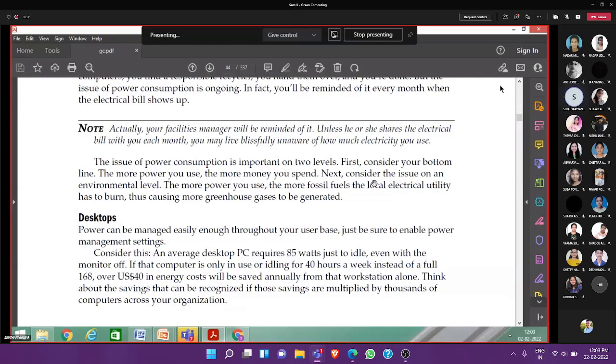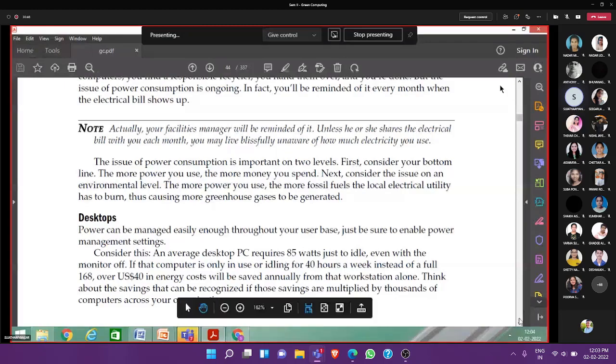Next, consider the issue on an environmental level. The more power you use, the more fossil fuels. Yeah, we were seeing about the fossil fuels. The last video also I showed you all. Just try to remember that. Because fossil fuels are used in order to create the electricity, which harms the environment also. So we need to create the electricity through wind power and through water also. So the more fossil fuels the local electrical utility has to burn, thus causing more greenhouse gases to